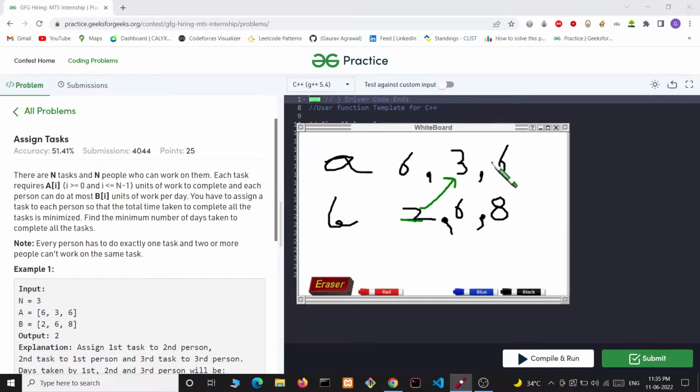By this we will not be increasing the number of days. As if we have taken 6 instead of 3, then we will be needing 3 days, but by taking 3 we will be needing only 2 days. So we can do this greedily.